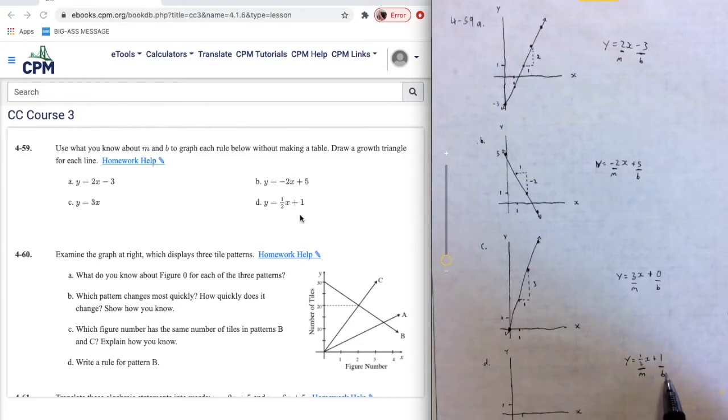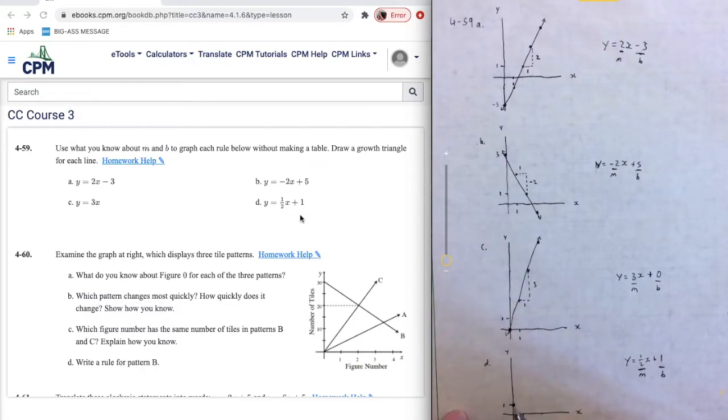So let's start with our b. We're going to be starting at 1 on the y-axis. So we already have that marked out. It's going to be right there. And now for every 1 we move in the x, we're going to be changing in our y by m, so 1/2. So for every 1 we go across, we're going to be going up just half on a y,